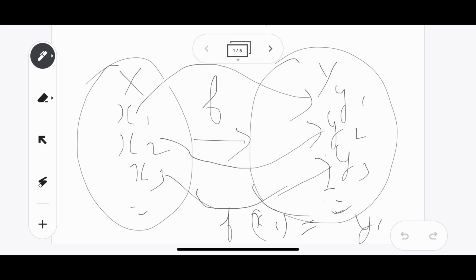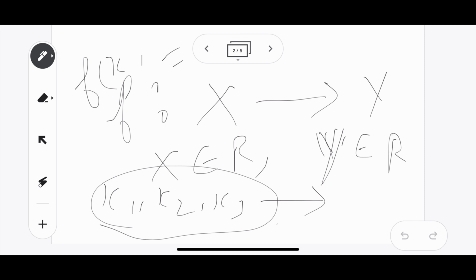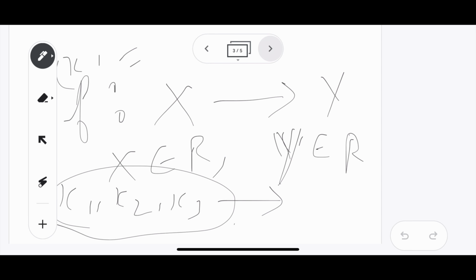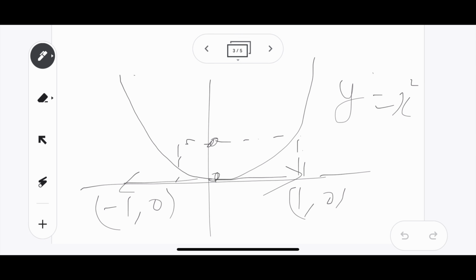So the capital X set is more commonly known as the domain, and capital Y set is more commonly known as the range. So a function's definition is only legal when for multiple values in the domain set, I only have a single value in the range set. Otherwise, that function would become a relation, as I'm going to demonstrate in the next example. So here you see that this is the standard definition of a function, as you must be seeing in textbooks and online. So consider this parabola.